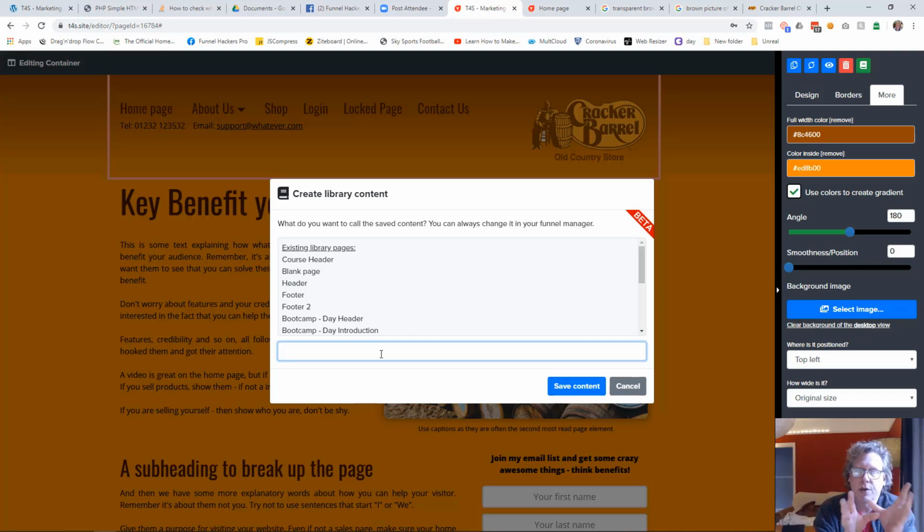Now, the funnel itself doesn't come with the library funnel, so when you get it from the marketplaces, all the pages will look the same. That's great, but there's no reason why you can't create in your library funnel a header, which you can then use to drop into all the pages quickly. Remember that the automatic menu will update automatically. This is just the overall look and feel. So website header